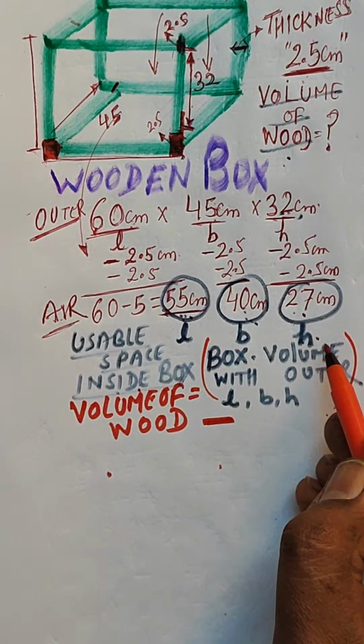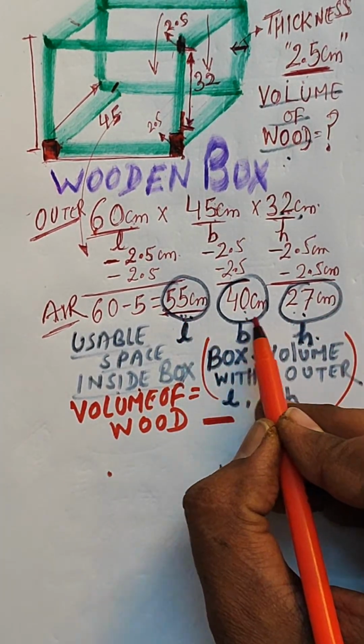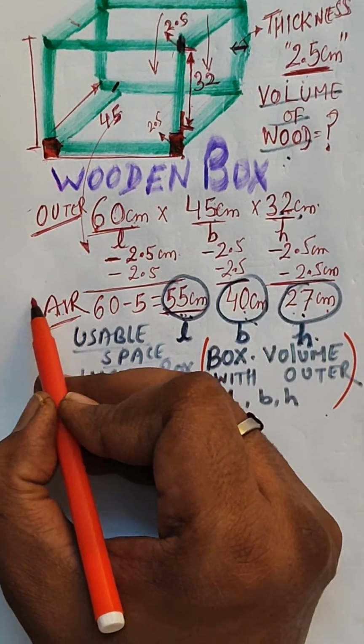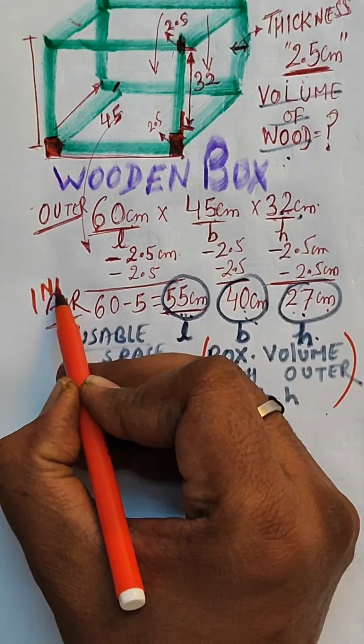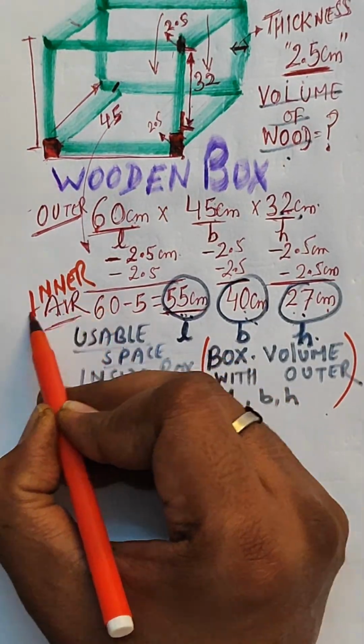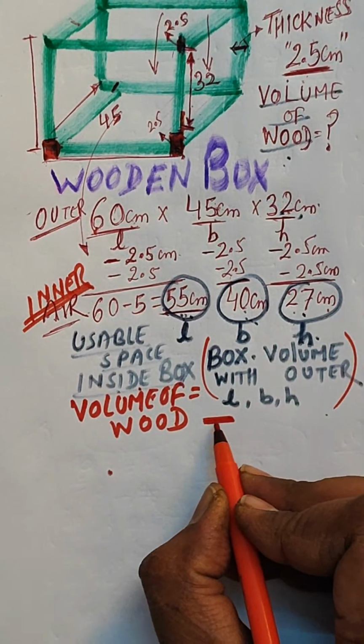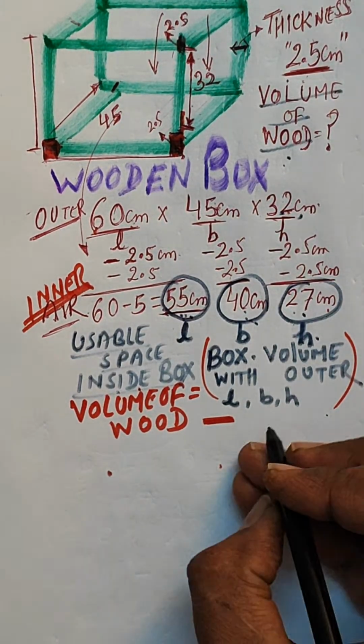So these, the 45, 40 and 27, which I have written as air, are basically the inner dimensions, right? So minus, I am writing